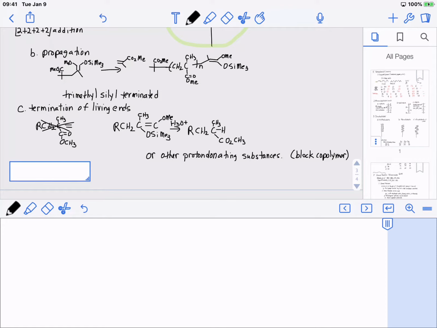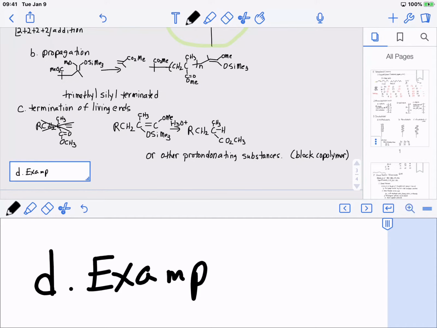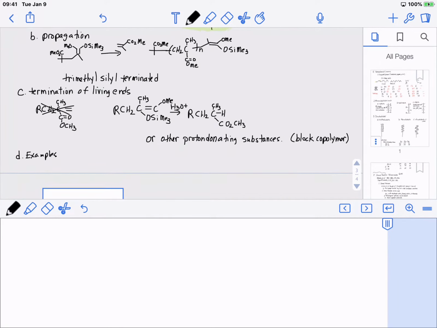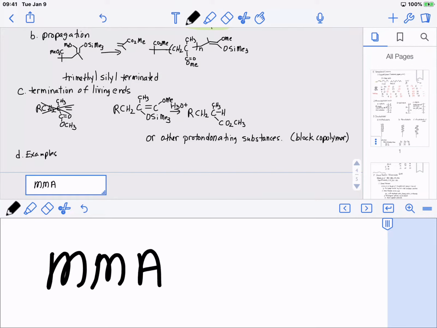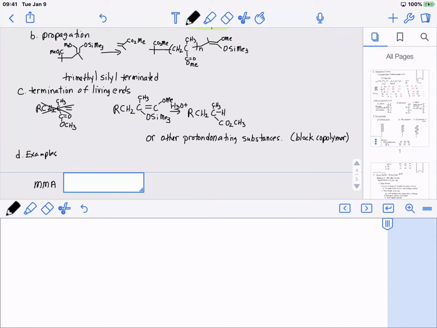And a couple examples of this would be, on how you would do this is, let's look at how we make MMA, and we'll look at initiators,